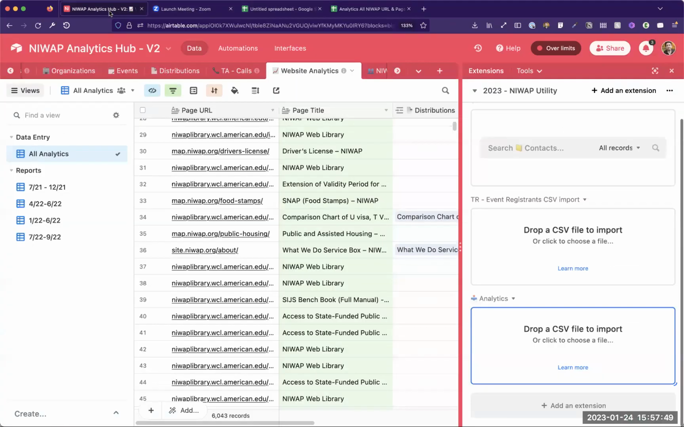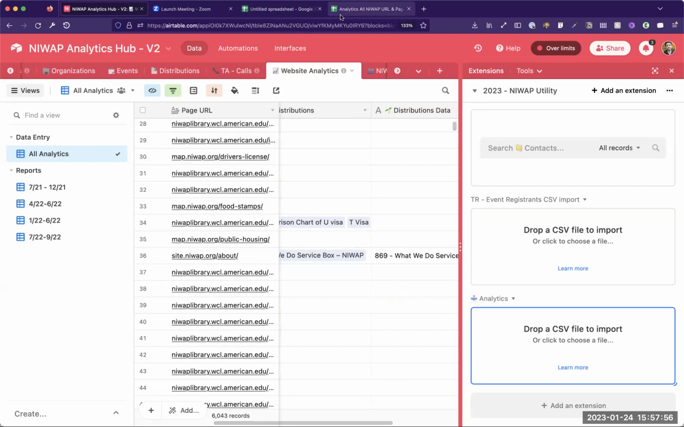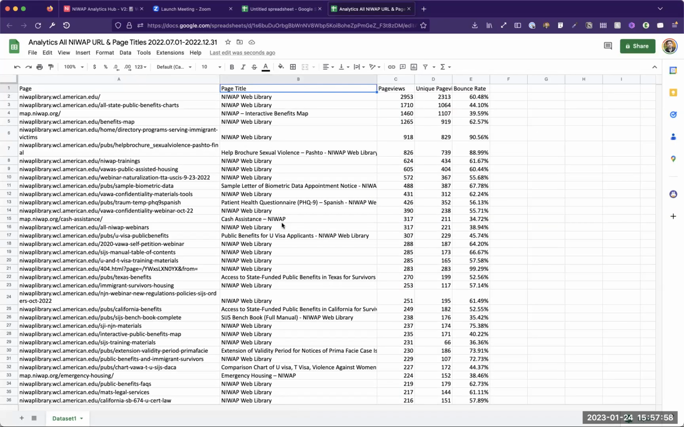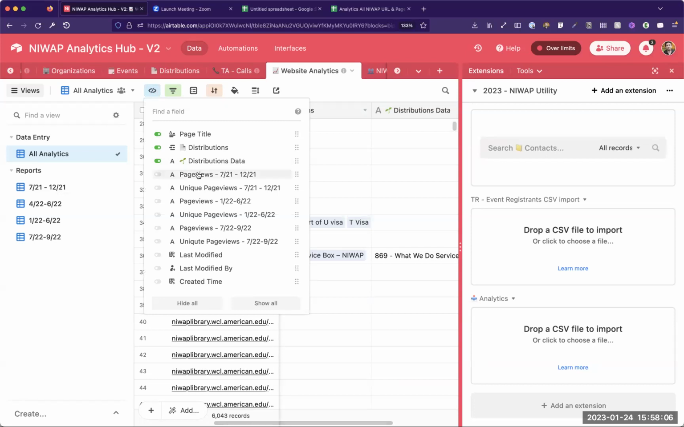And what I've got here is page URL, page title. And I'm going to jump over here. Page views, unique page views, and bounce rate. So I believe if I go to my hidden columns, I can see that page views and all that stuff is here. Now, the reason why there's separate columns for these different date ranges is